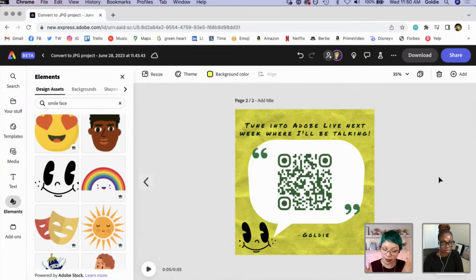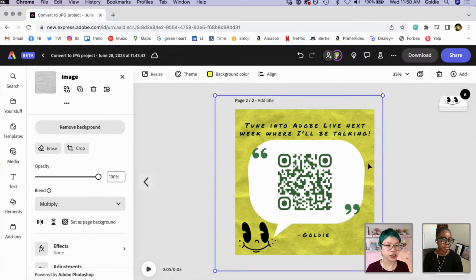So meta, talking about Adobe Live on Adobe Live with a QR code that would link to Adobe Live. But that would also be another interesting way to share where you'll be and where people can find you. So I'm hoping that some of these templates are helpful for ways you can think about changing things up a little bit.